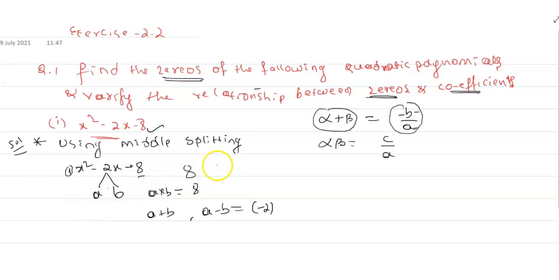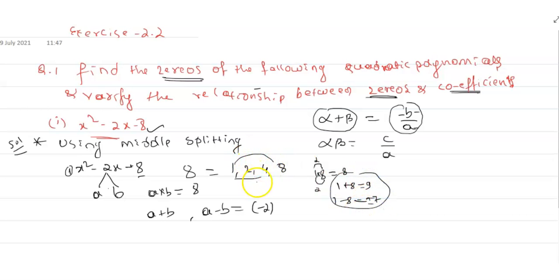So here you just write down the factors of 8. What are the factors of 8? 1, 2, 4, 8. 3 will not divide, 5 will not, 6 will not, 7 will not divide. Either you can take 1 and 8. The product of 1 and 8 gives you 8, but if you subtract these two, are you going to get 2? Or after adding, are you going to get 2? When you add 1 plus 8, you will get 9. When you subtract them, you will get 7. So the 1, 8 combination is not possible.